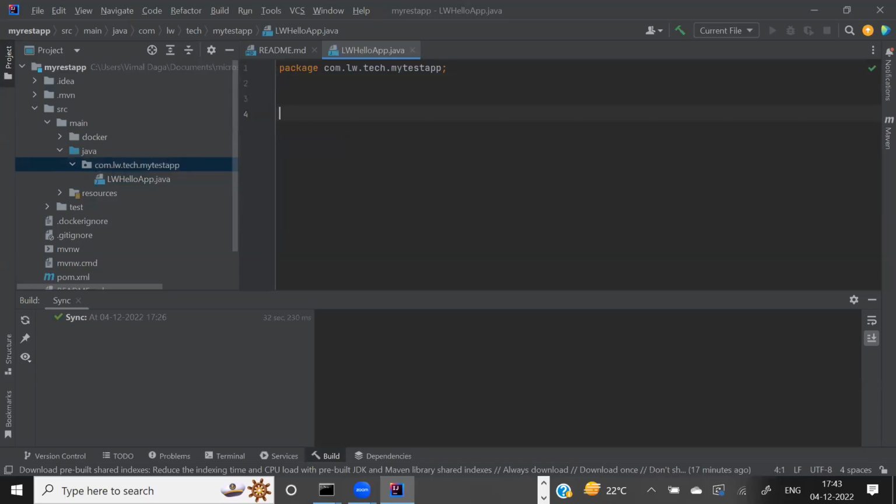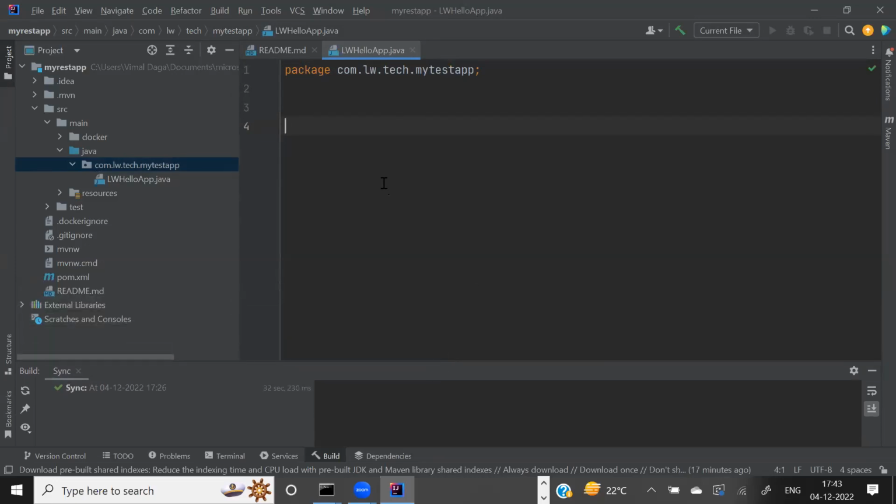Okay, this is Java code. Maybe you guys might not know Java much. Don't worry, I've already shared the code with you, the Java classes. But let me use this code. Package means this is a folder. I'm creating my entire code in this same folder. That's what is written here. Okay, I'm going to create a class. It's a public class with the same name as whatever file name you have, LW hello app. This is the code I'm going to create.